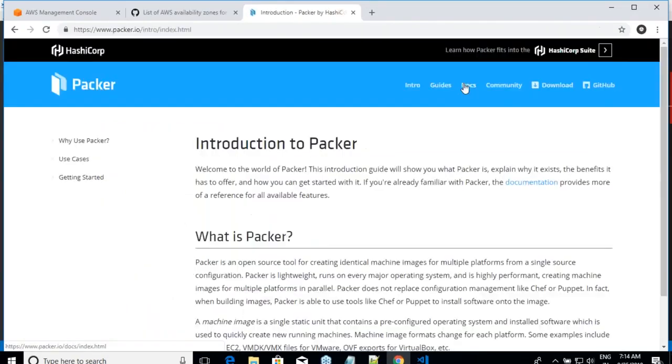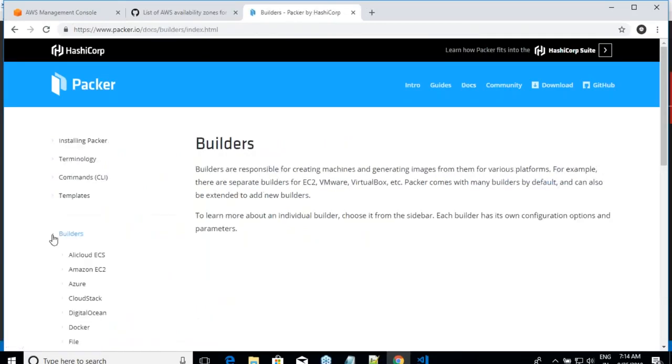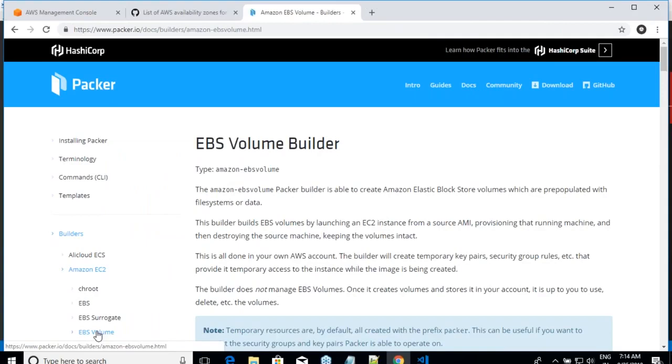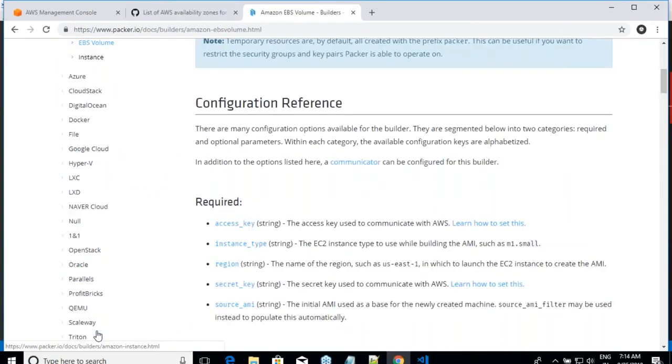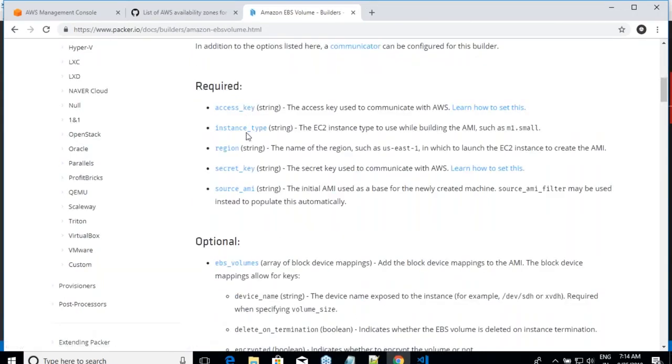Builders, Amazon, and EBS volume. Right? This is a type. And now in this builder, there are many different things. Each individual thing is a key. You have a key called access key, instance type, region, secret key, and source AMI.